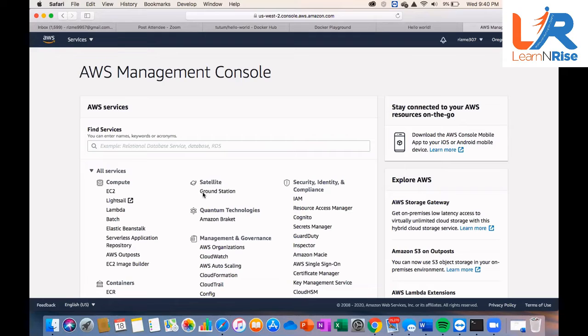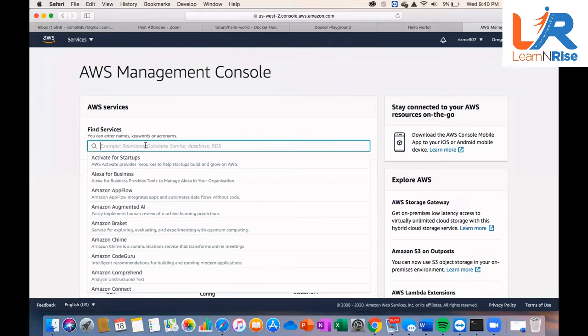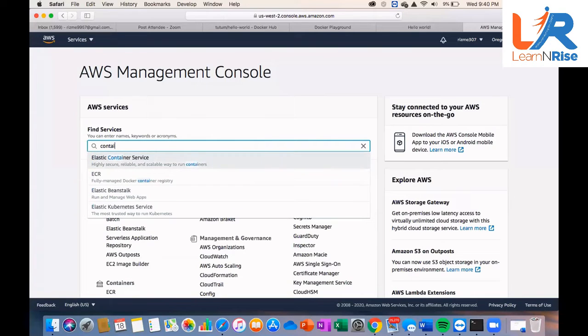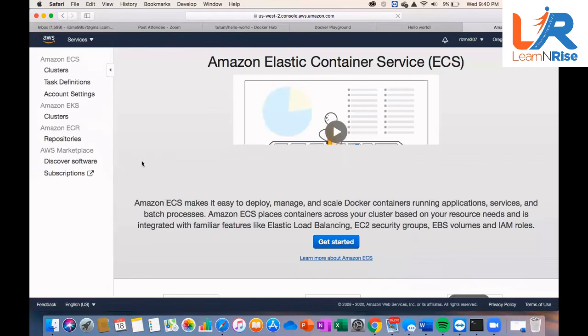Good. In the search box, just type container. Elastic Container. Yes. Are you able to see? This is Amazon Elastic Container Service. What does it say?